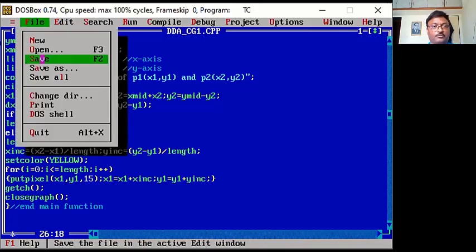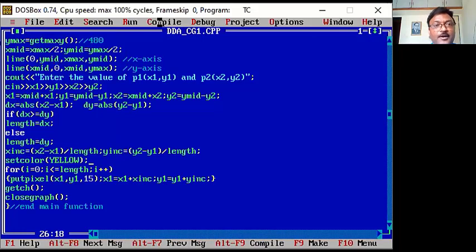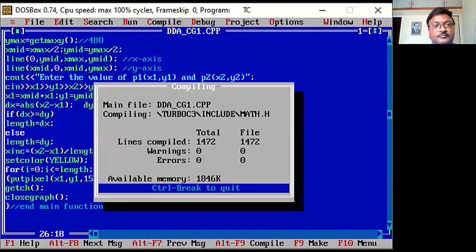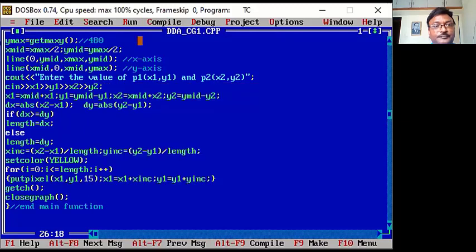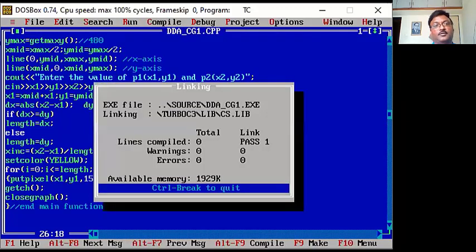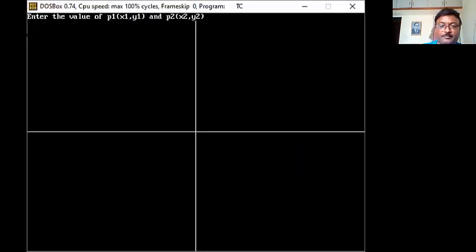That I have to save. Okay. Then compile. Then execute. Now I need again minus 50, minus 50. This is again in the third quadrant, but from the third quadrant I need to go to the first quadrant. So here 70, minus 90 or 120, 123 suppose,